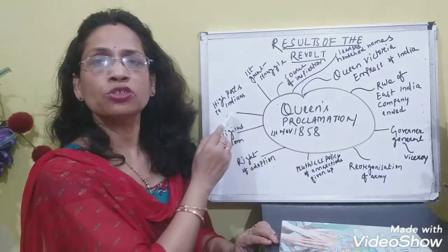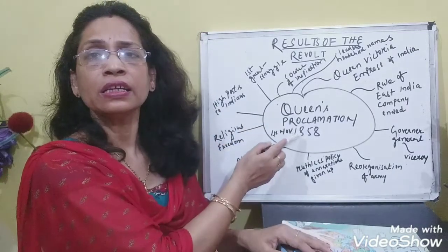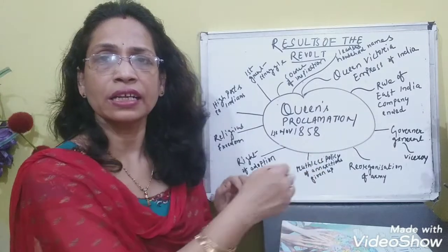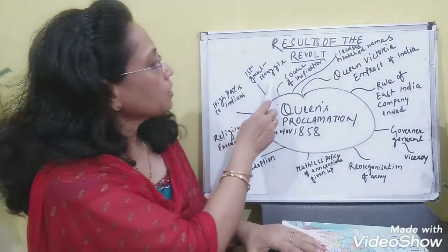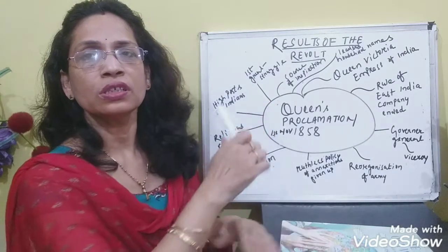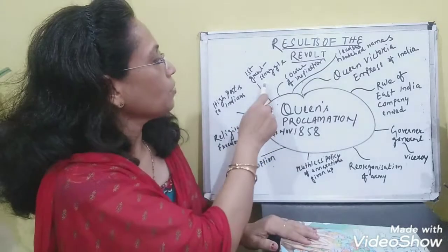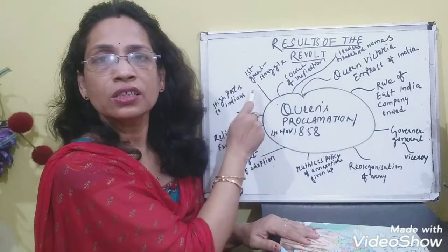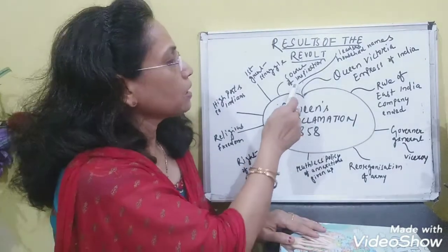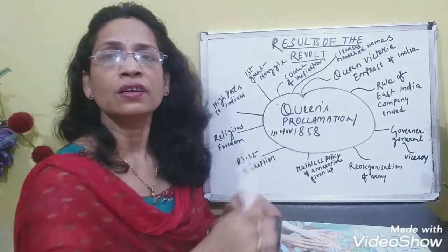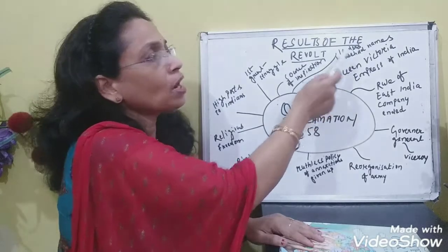Then high posts were to be given to Indians. Indians को पहले high post नहीं दिया जाता था. अब इस proclamation में it was given assurance that Indians would also be given higher posts as per their caliber. Then this revolt was a great factor in uniting people. It became a great struggle to inspire further freedom movements. Then it became a source of inspiration for the revolts, and the leaders of the revolt became household names.